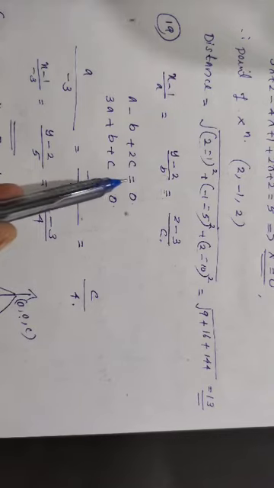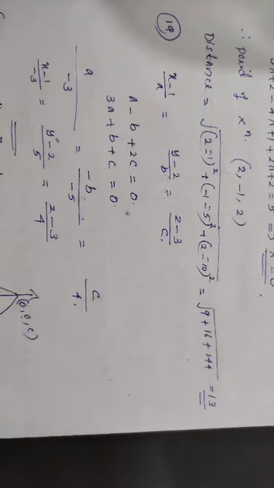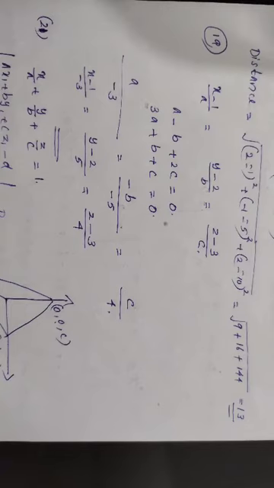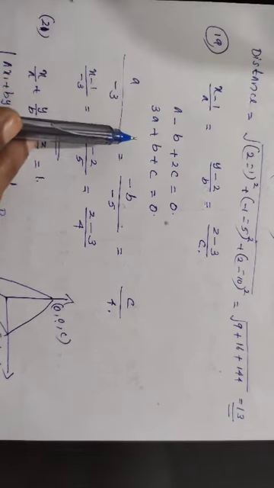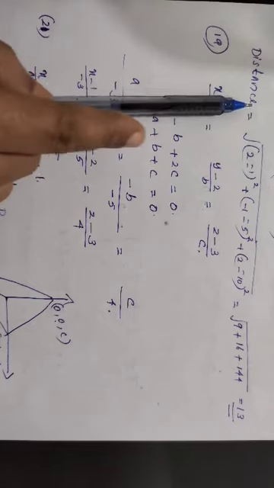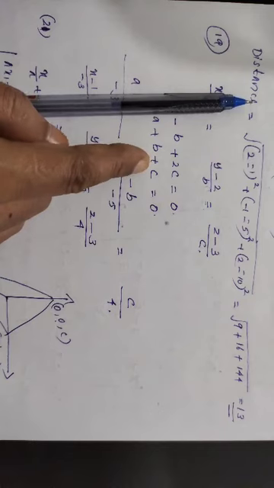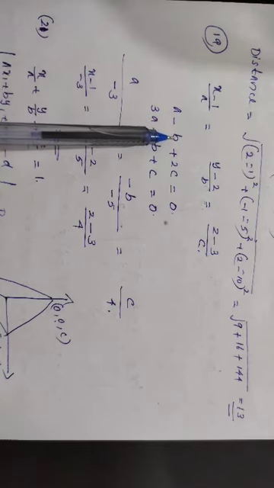Now we can find two equations by using the condition that the sum of the product of the direction ratios equals 0, because the line is parallel to the plane, so their vectors are perpendicular. How will you solve these two equations? You have studied the cross multiplication method in 10th standard. For a, cancel a, then cross multiply the other two: minus 1 into 1, minus 2 into 1, that is minus 2 minus 1, minus 3. The second one is negative according to direction.